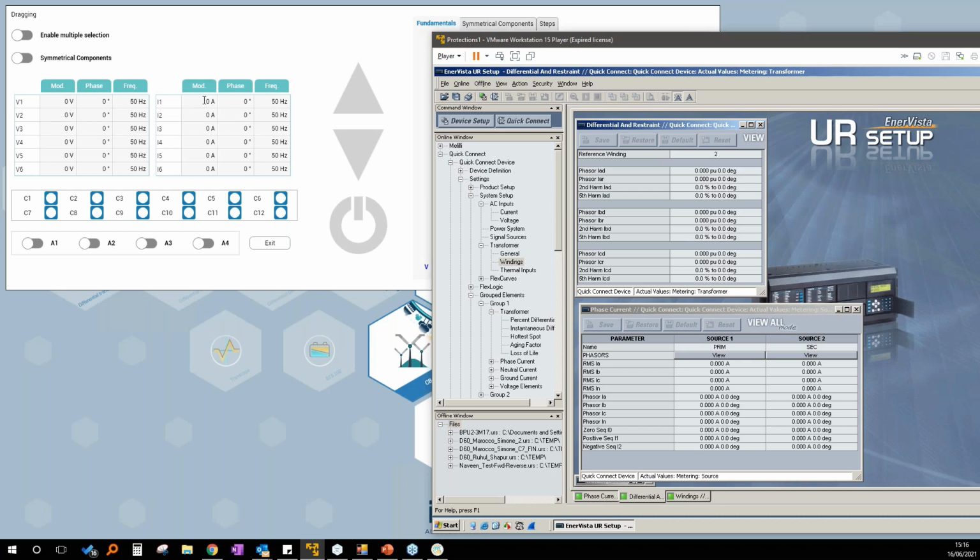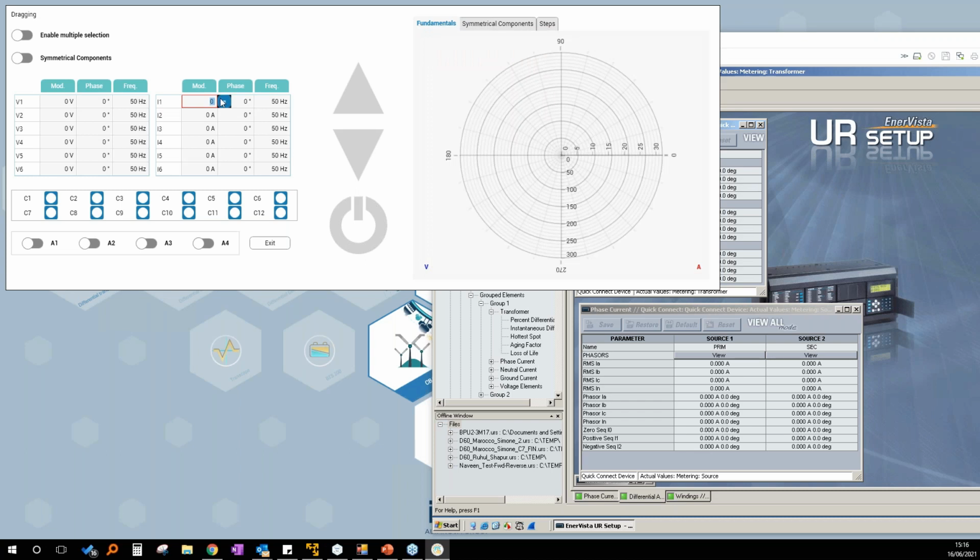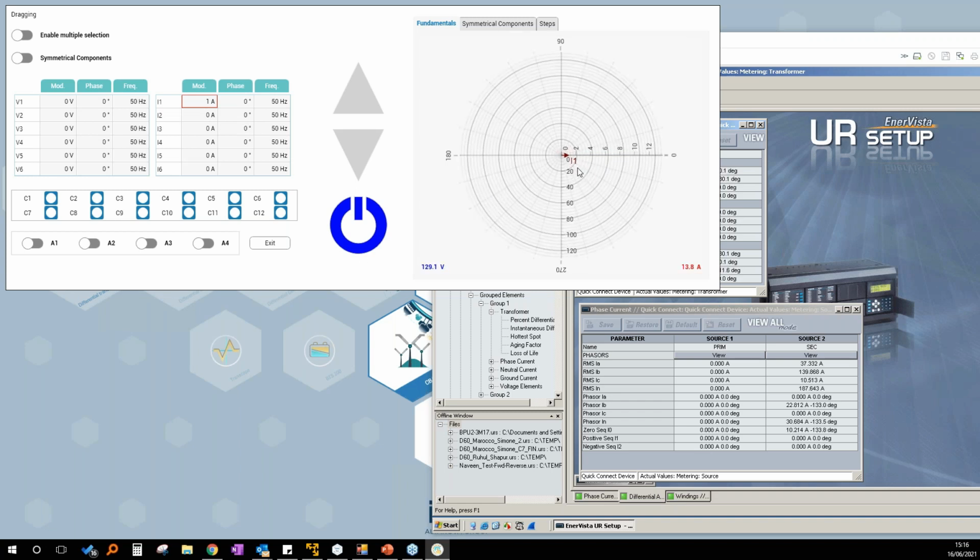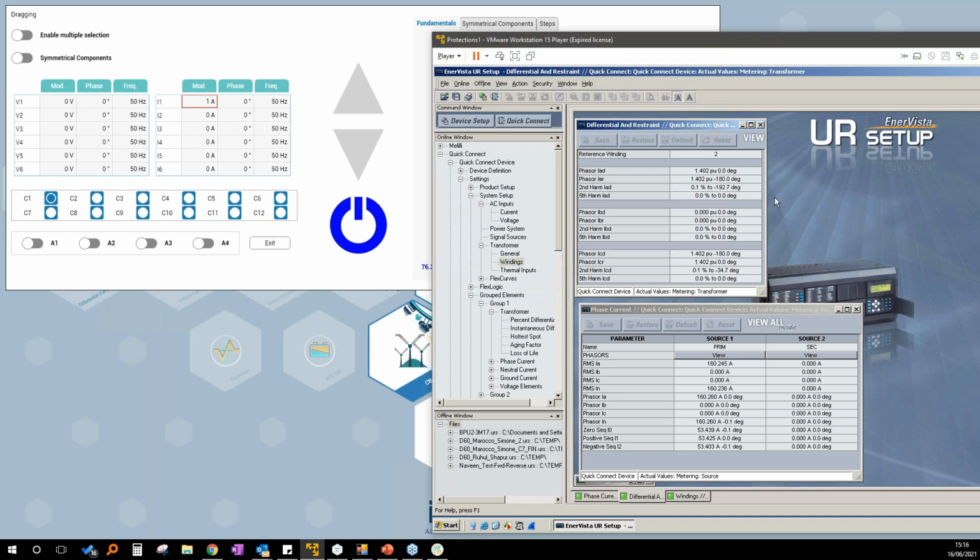If I generate one current in the high voltage side, you can see here that I'm generating only one current in the high voltage side, and this brings two differential currents.